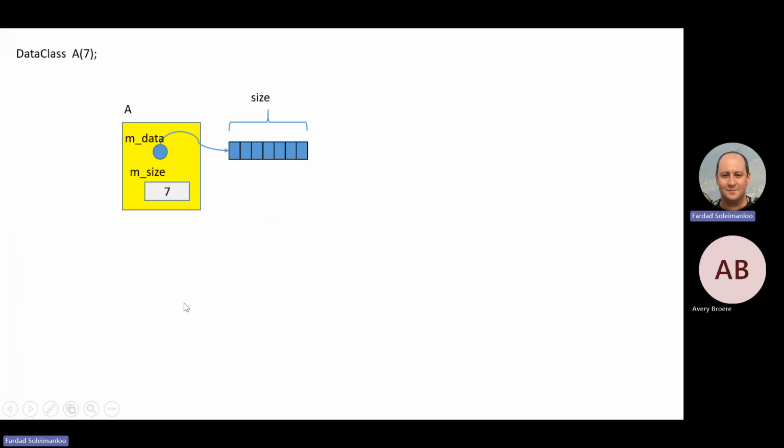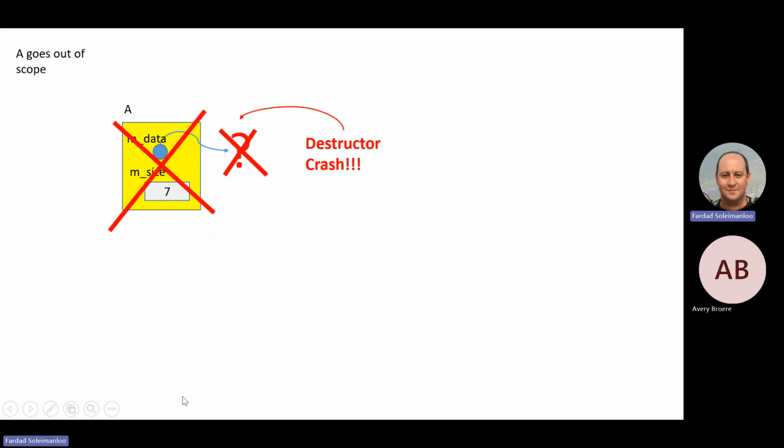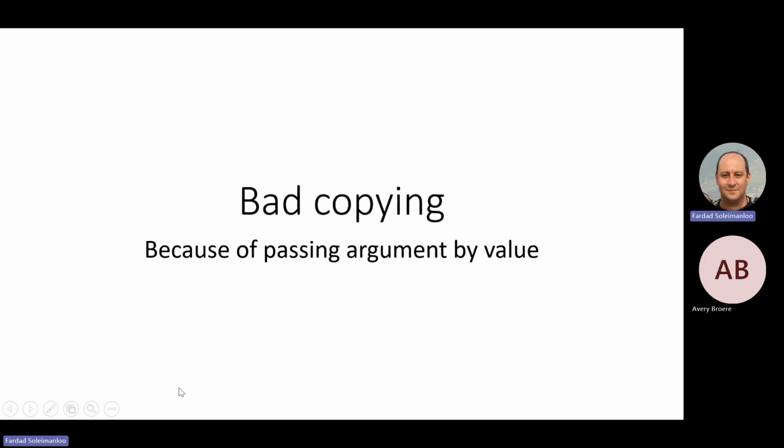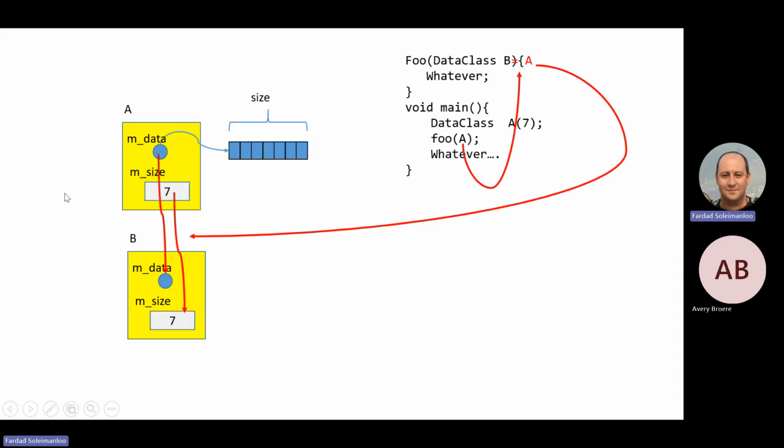Now the other one was the copying that we have done. So you have one, and you want to create one from another. Again, the compiler sees only one thing. It builds the other one out of the other one. This time, this one doesn't have a memory leak, but they are still both pointing at the same shared dynamic memory. And when one is gone, the other one will crash.